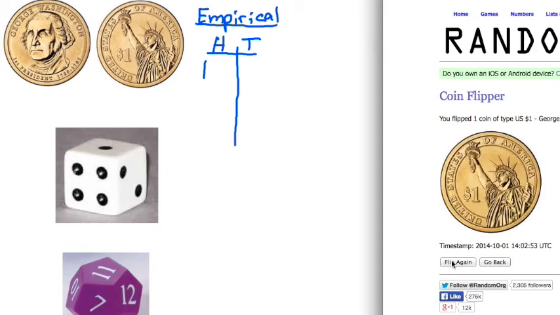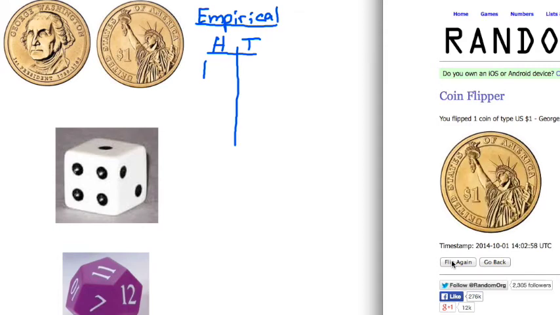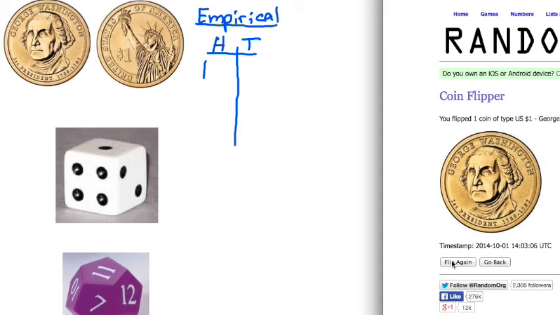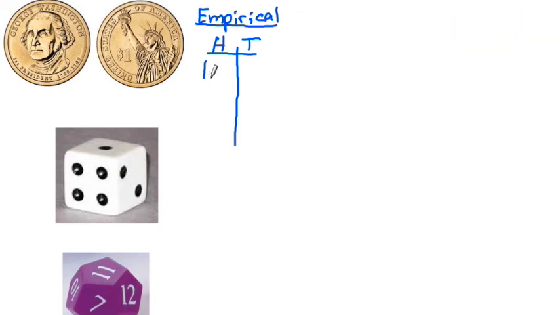Tail. Head. Tail. This one's coming up too perfect. I did this before and it was like crazy tails. Ah, there we go. And a head. So let's see, that's 15, 16, 17, 18, 19, one more. And there's a tail. Alright, so what I got out of this, and you could probably rewind and figure out if I did this right, I found that there were 8 heads and 12 tails. So by empirical probability, the probability of flipping a head, where theoretically it should be a half,